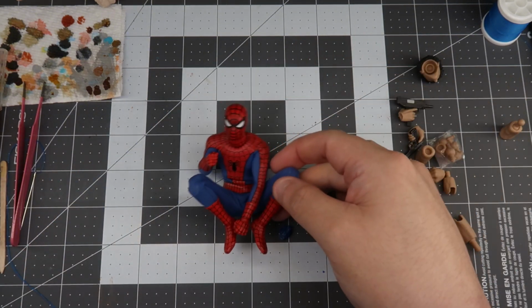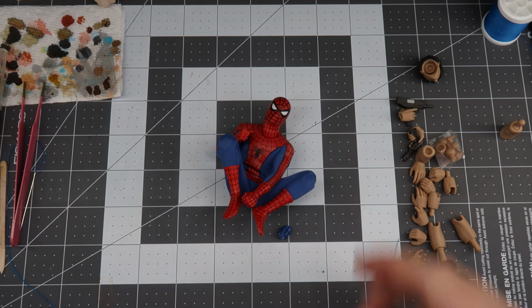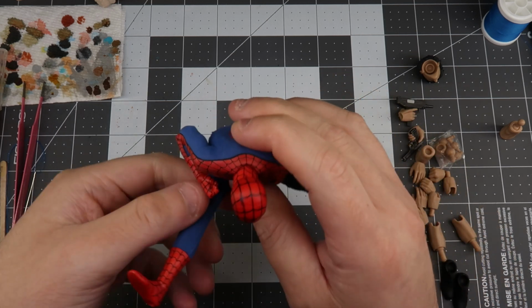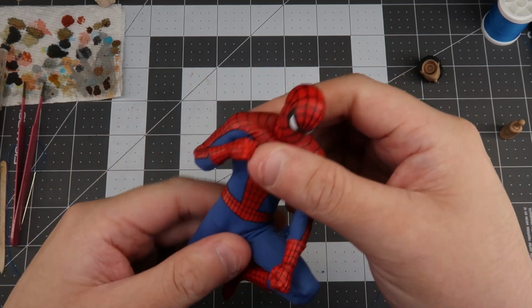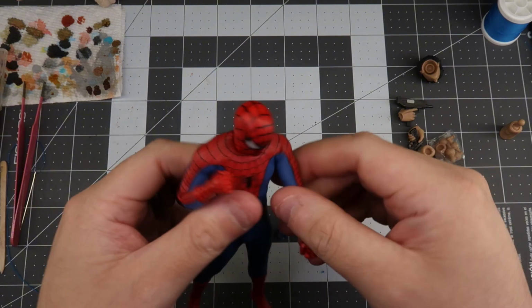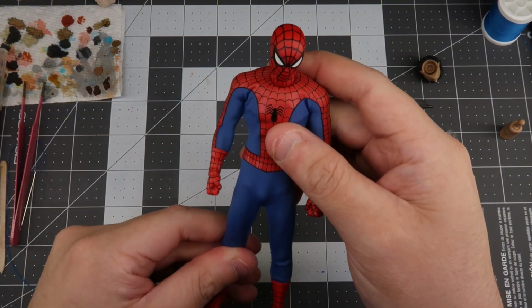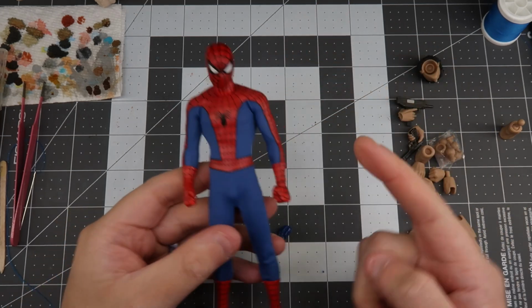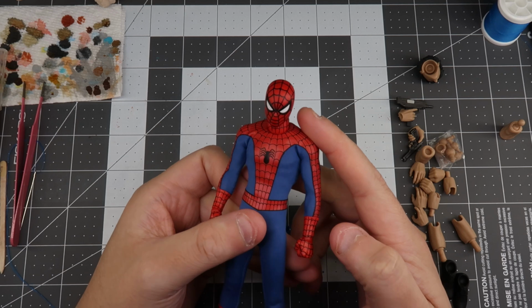Overall, I would say it's not a difficult custom or body swap to do. I would say it's probably about a 5 out of 10 if you have any experience with customizing. It's a lot of just heating and popping of the gauntlets and the boots, because they swap so perfectly with the Figure 1 joints. So it's really just removing the gauntlets, removing the boots, taking off the suit, taking off the neck, and then